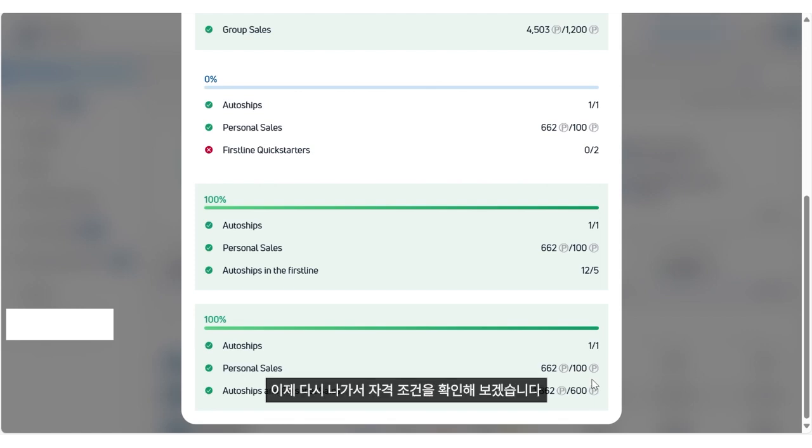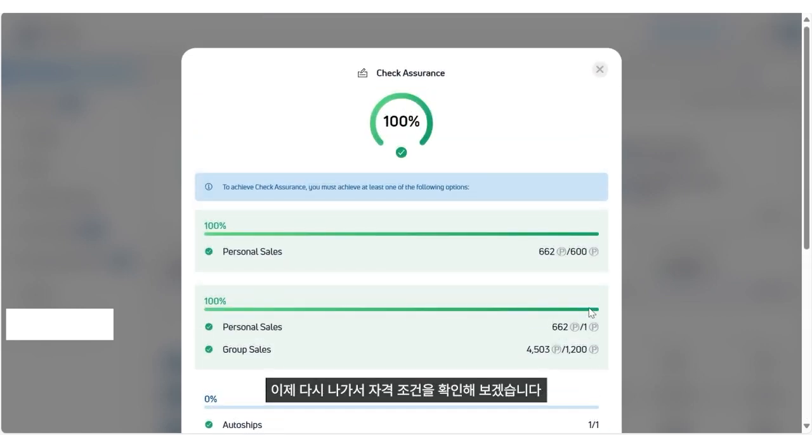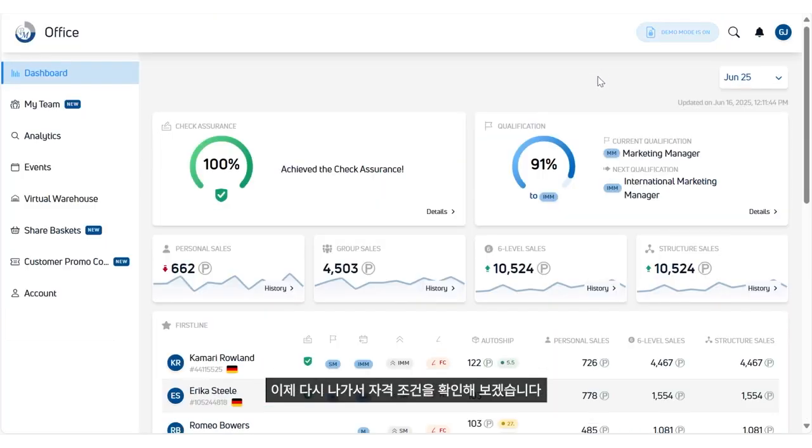So let's go out here again and go to our qualification box. Here you see this person is already 91% on the way to qualify for the next rank, which is an international marketing manager, so here IMM. When I have my mouse going over it, you see this question mark popping up, which means there is information behind. So you see all the shortcuts here